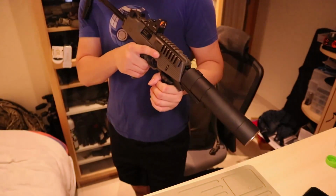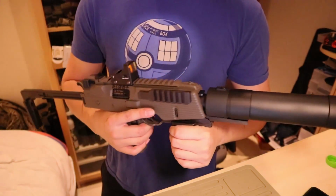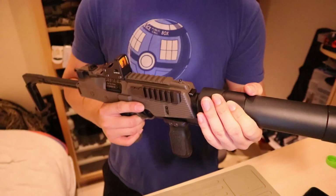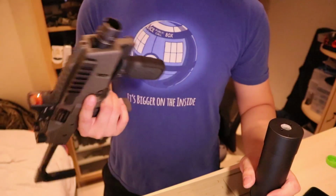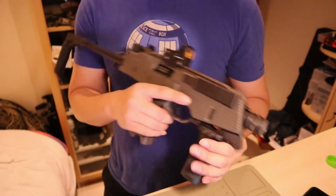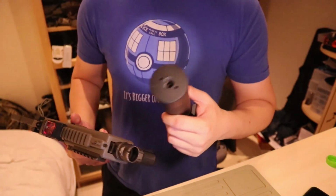And there you have your QD suppressor, which is super convenient because if you like to run tracer units like this, this suppressor is perfect for me, because if you have a tracer in here, you just put it on for indoors when you use tracer BBs, and when I take it outdoors, I just take the suppressor off and just run it just like this. So the QD suppressor is very convenient. Now,